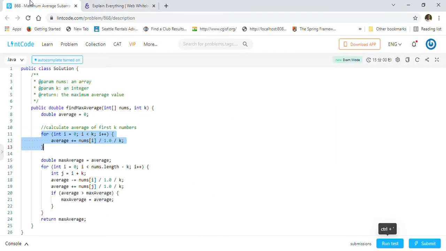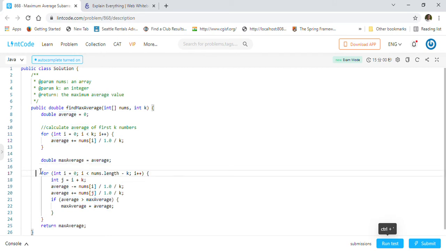That is the first step we are calculating here, and that's why you are seeing i going from 0 while i is less than k, right? So the first average we calculated, and after that we will actually use our sliding window approach, and its order will be n, right?